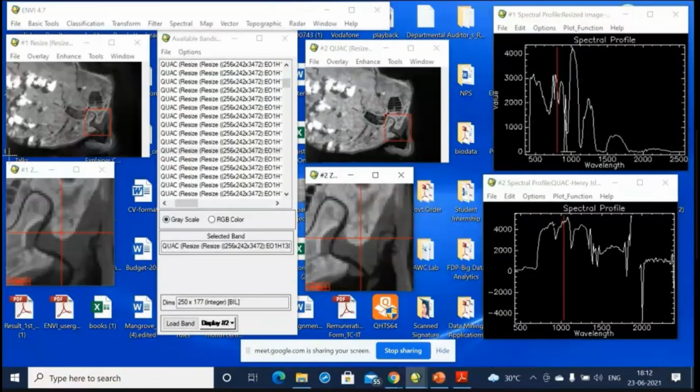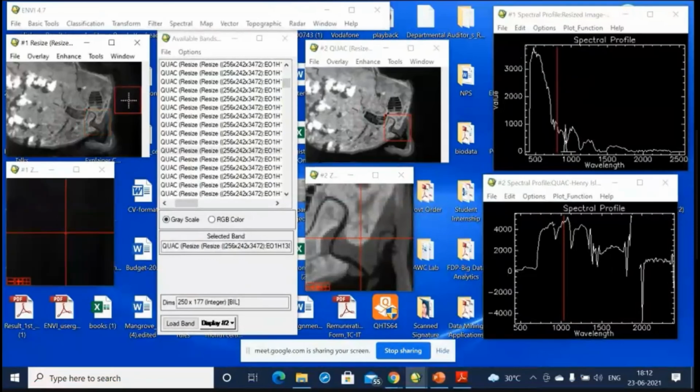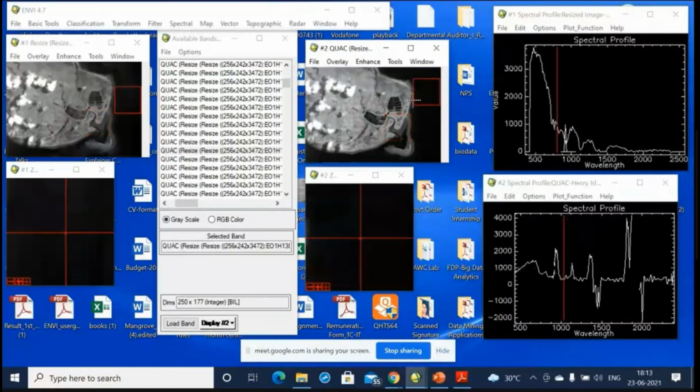Let us see another point. This is a water body, and this is the spectral profile of a water body. And here again, this is the corrected image, and this is the actual or the correct spectral profile of water. So clicking on different portions of the image, you can find out how the radiance values have been corrected using atmospheric correction.